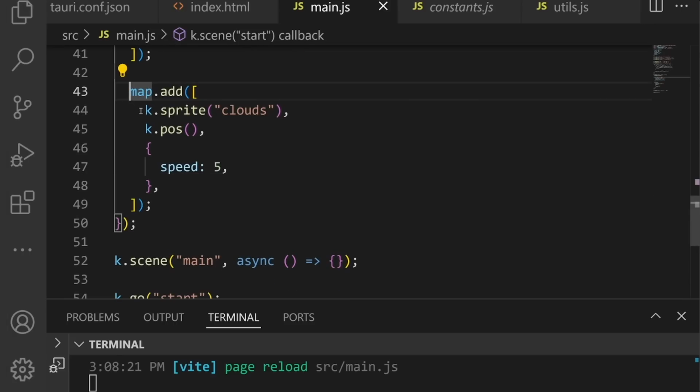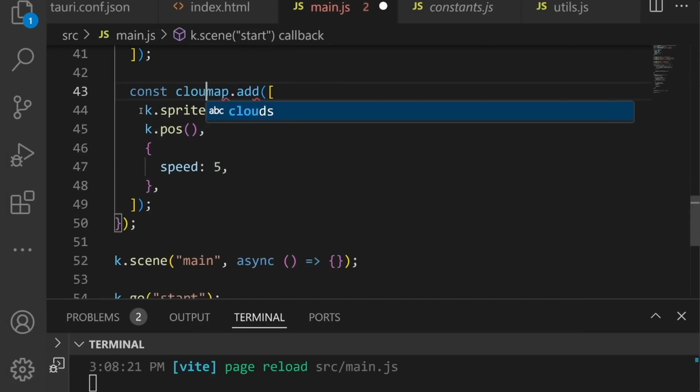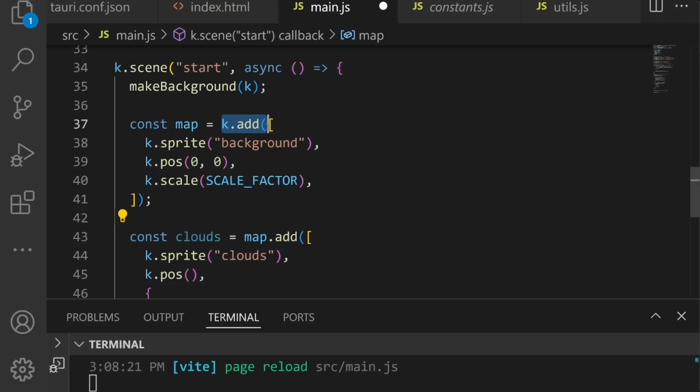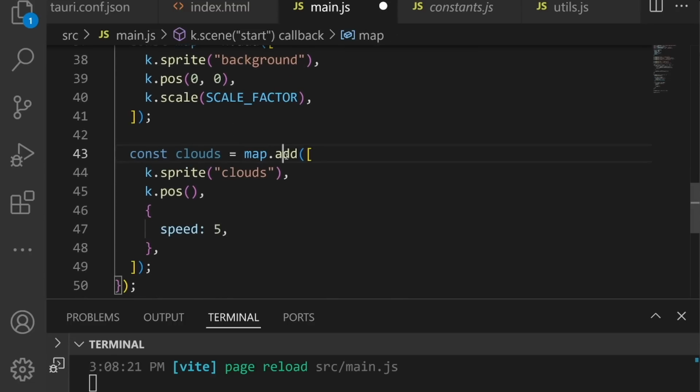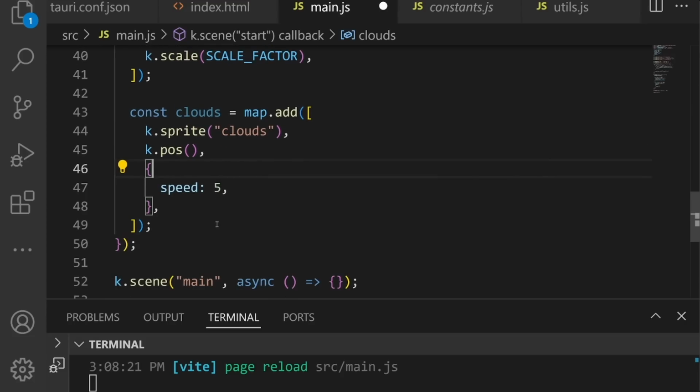So here I'm going to store the reference to those clouds, because by default, when you create a game object using the add, it always returns that game object. Even as a child of another game object, it will return the child game object. And here we have multiple clouds and not just one under the same image. So that's why it's the clouds game object and not every individual cloud as a game object, which is better for